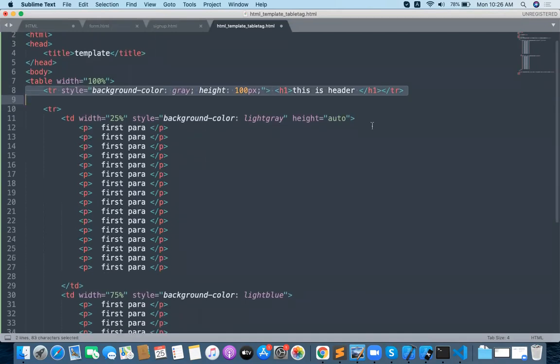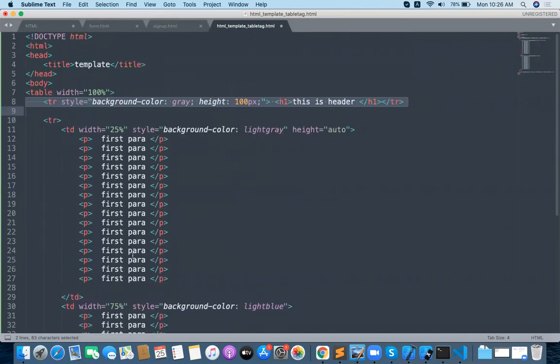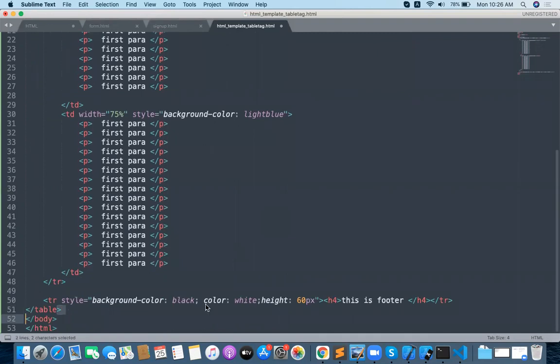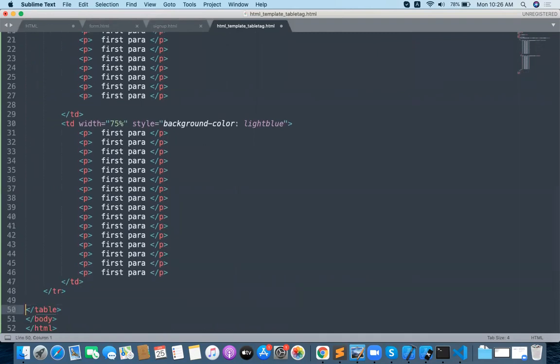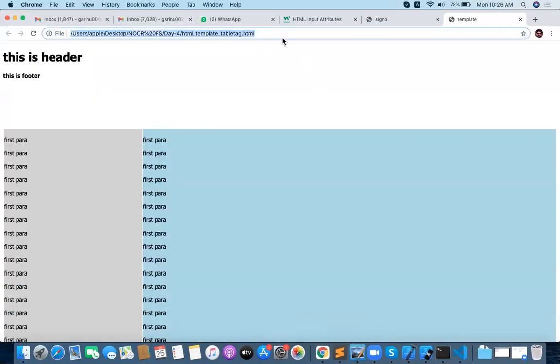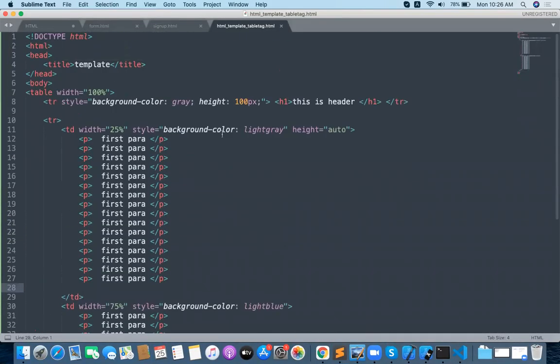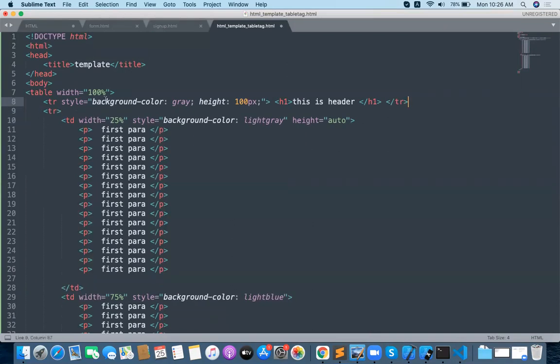This is the header, right? After this, one TR is there. TR got closed properly. Check it out. Any issue there for the footer? Fine. This is a nice template. And okay, this is the header now, and header having something like a TR style. Background color gray not coming.